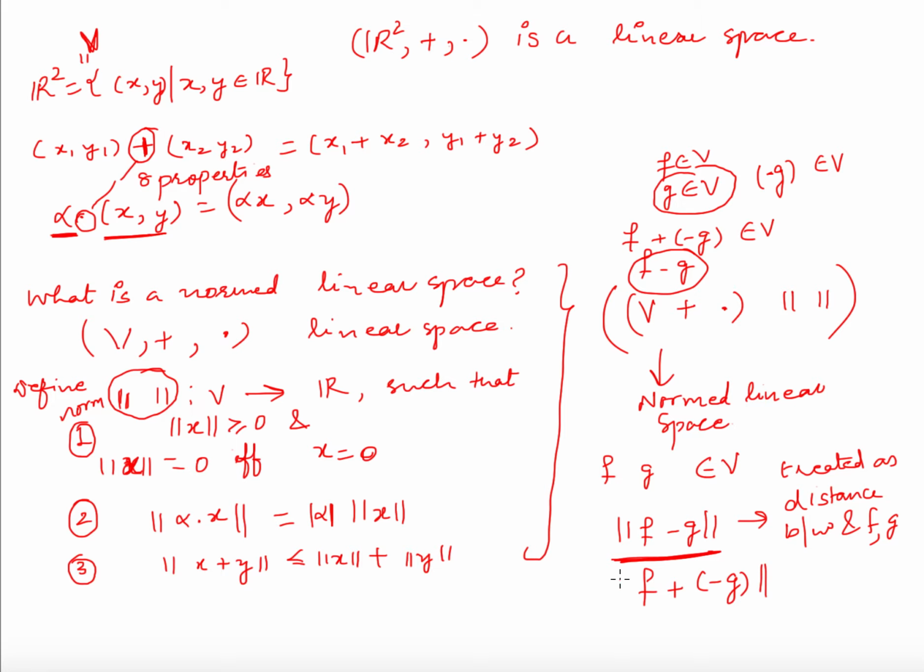So this is an element of V, so I can take the norm, right? And this thing will act as a distance between f and g, okay. And by closeness of two functions, two elements of V, this normed linear space, we mean that this norm should be small, okay. We wanted to have a concept of closeness, so we have this concept of norm which will actually act like a distance between these two functions f and g. The norm of f minus g will be the distance between f and g, okay. That can be used to generate the concept of closeness of functions. Let's take some examples to make these things clear.